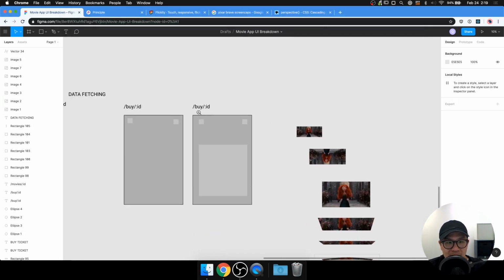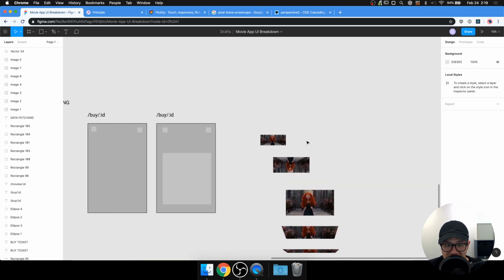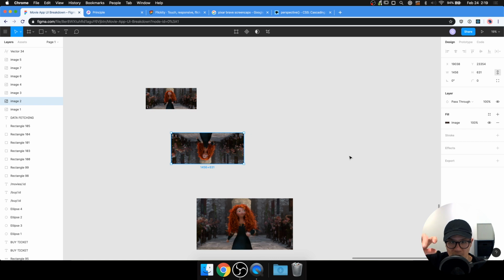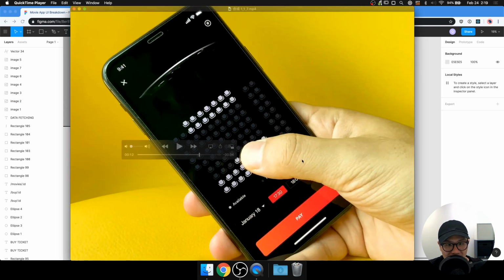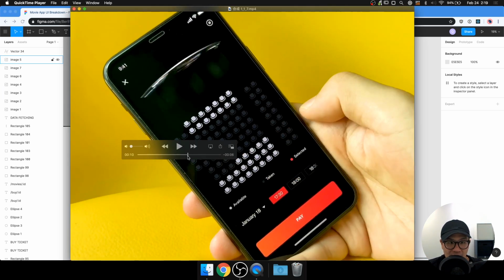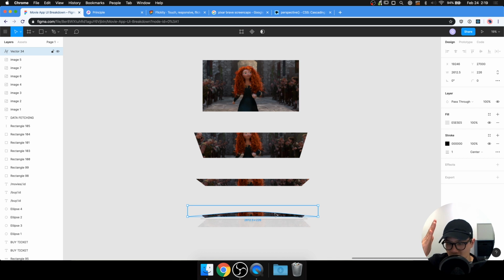So step one, transition from movies to buy. Fetch the data, which includes a video asset. Video asset loads. Video asset plays. It transitions both in perspective and also scale into its final size, like so. And then there is a perspective change that happens that skews the image to look like something like that. And then lastly, you have masks or shapes that are overlaid to simulate the illusion of a curved